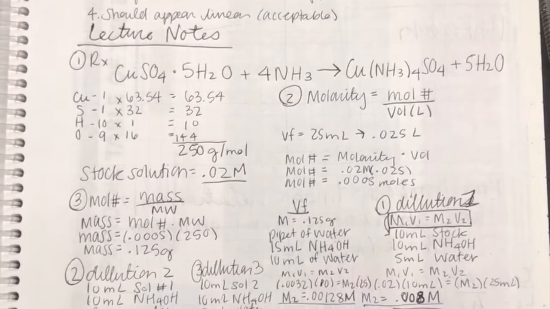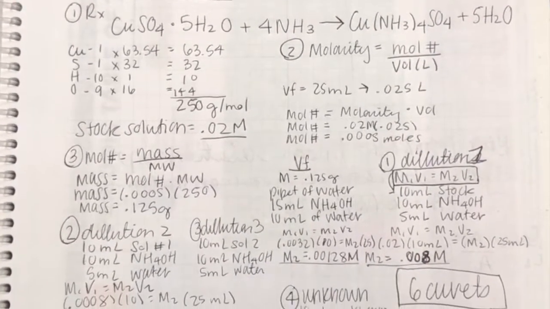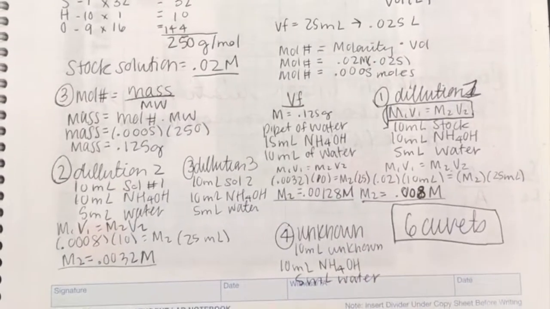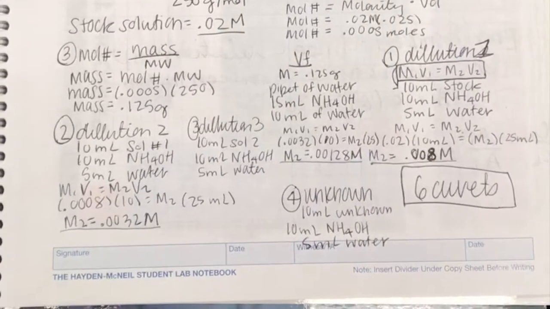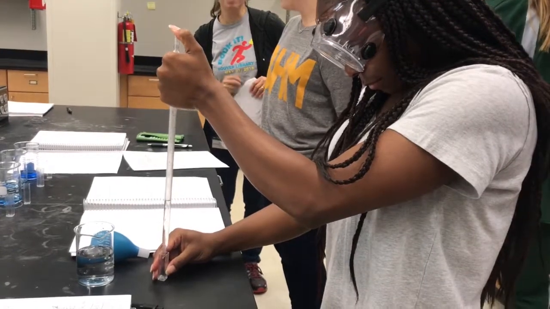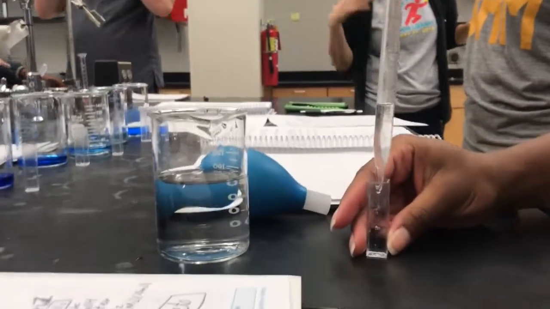In this experiment, you need to find out what mass you need of the CuSO4 to make your stock solution. Then you need to find the concentration of each of the dilutions you will be making. After you prepare each of your dilutions, you will then begin putting your dilutions into cuvettes to test in the